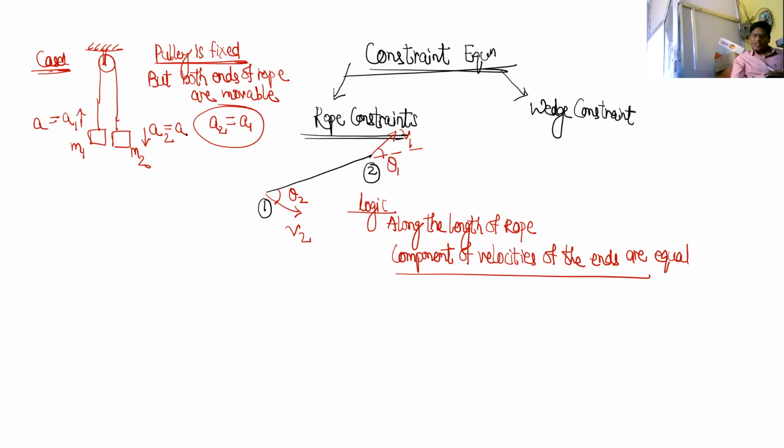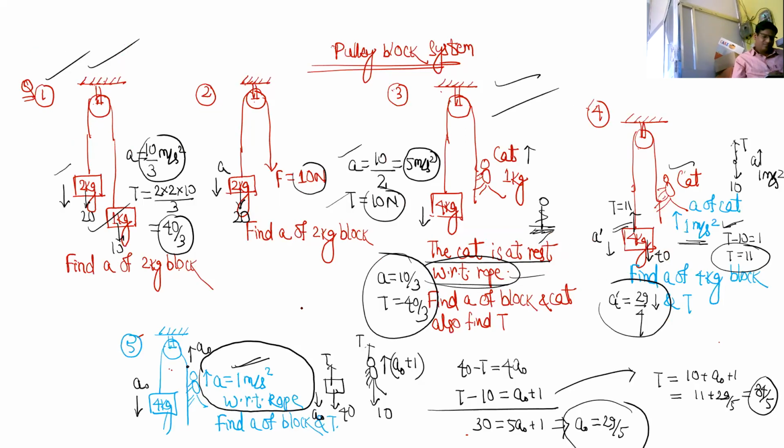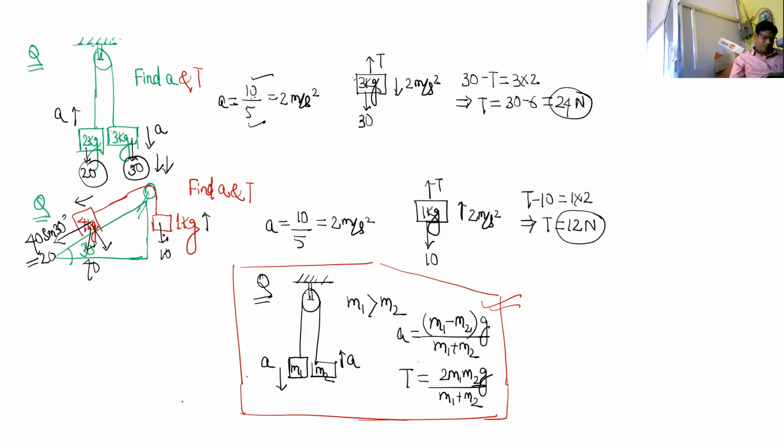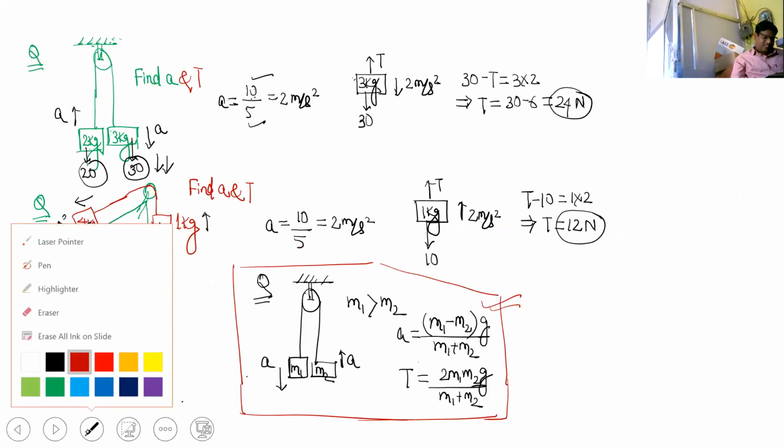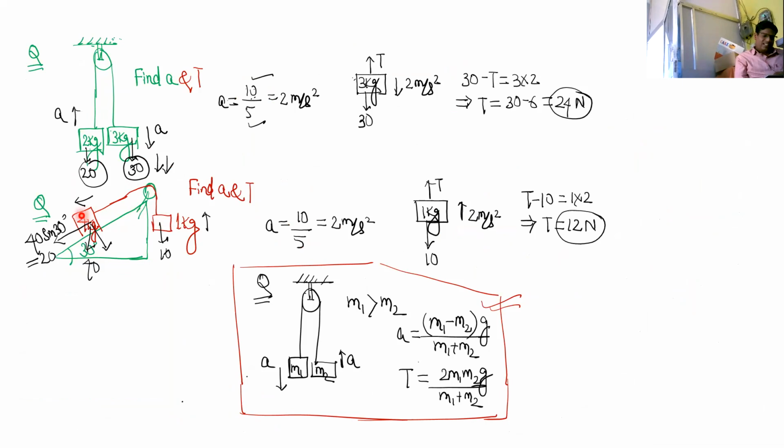तो दिस वी वर यूजिंग सबकॉन्शियसली। See here also we have used subconsciously. See, they are connected by a rope, है ना? Here they are connected by a rope, so their acceleration has to be equal in magnitude, है ना? As much as this goes down, that much it will go up. So देखो, we had taken acceleration to be a and a same. Here also you see, this was case 1. Pulley is fixed and both ends of rope can move. As much as this has to go down, that much only this can go up. So acceleration a and a, है ना? Subconsciously we have used this much. Okay, next